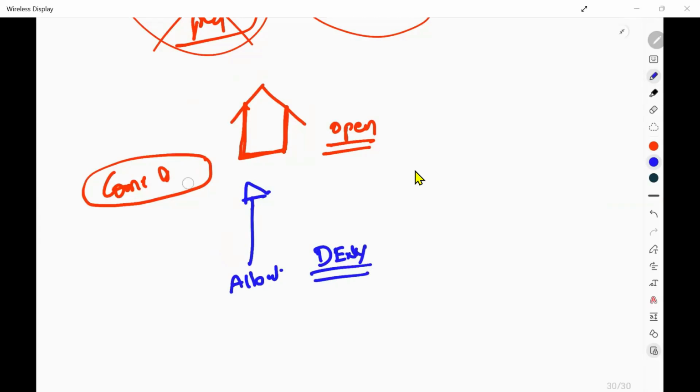How are we going to do this? You will simply employ or hire one person. Who is that person? That person is your security guard. What is the duty of this security guard?